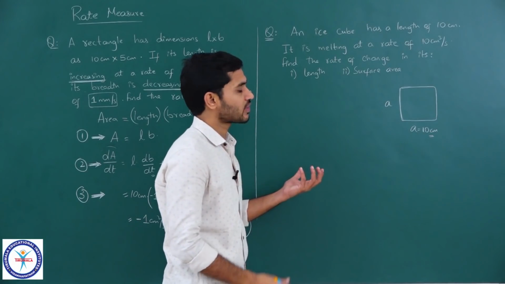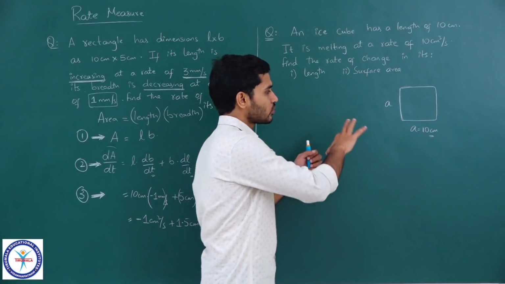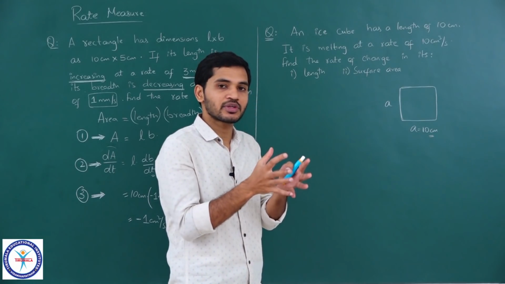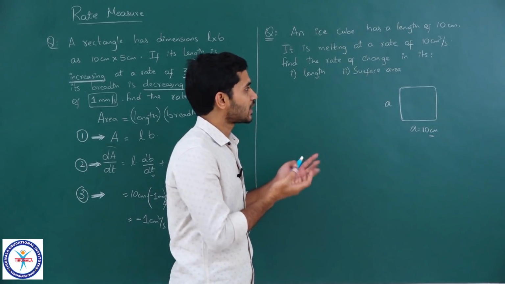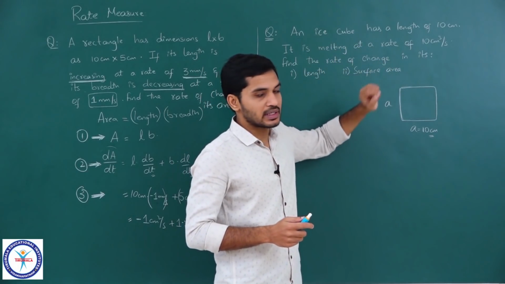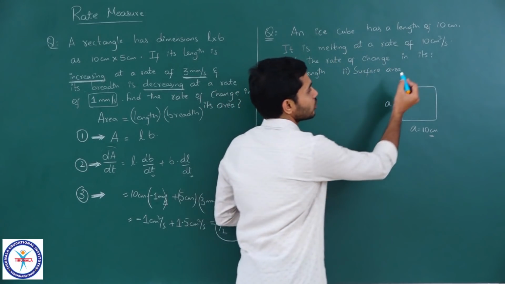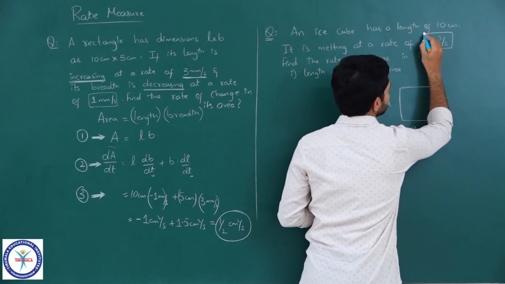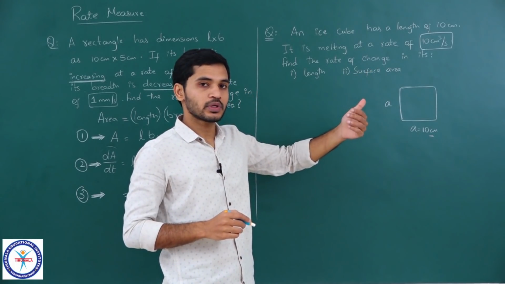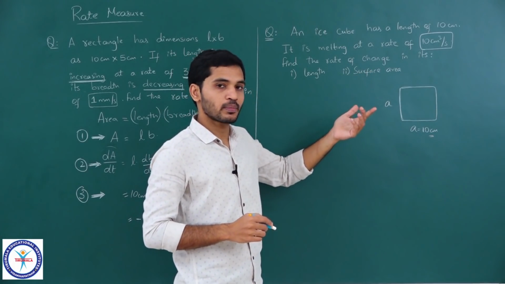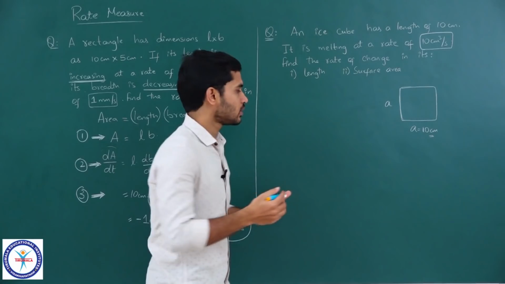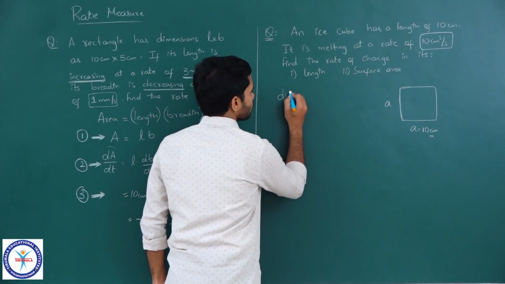But what is happening, they have given that the ice cube is melting, clear. If it is melting, it melts from all the sides, right. So from all the sides it is melting and it is becoming smaller and smaller cube, clear. That is what we have to consider. Now they have given us at what rate it is melting, right. So what does that mean? You can look at the units that is given to us and you can understand what they mean. What are the units there? Centimeter cube per second, which means volume per time. So what is that rate? It is the volume rate, clear. So they have given us the volume rate.